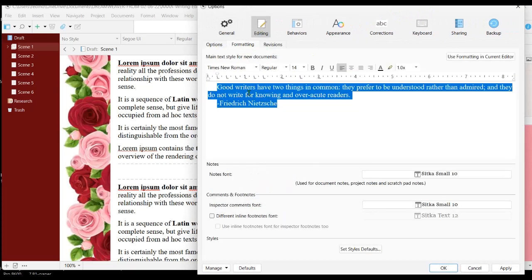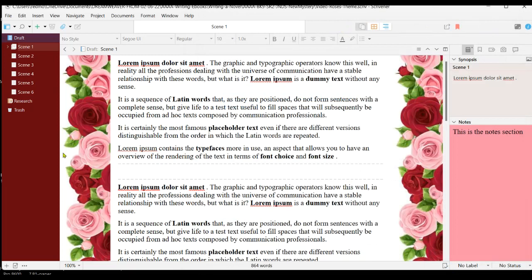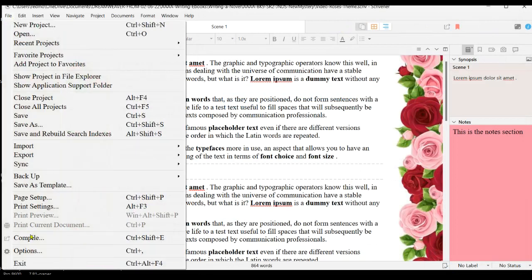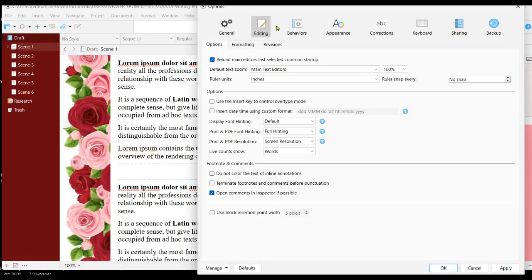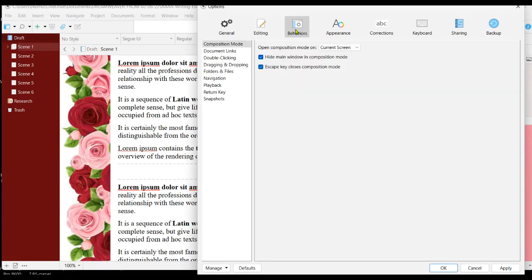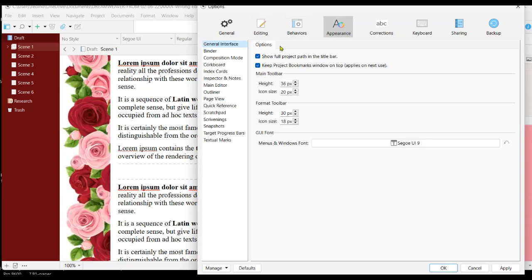And then every single window that I go through, I change this to the font that I want to use all the time, which is Times New Roman, regular 14. Okay, and then I apply it. And okay, and then I go through all the different option boxes. I do, let's see, the editing I do, and then there's not much to change on the behavior, so you can ignore all that. The appearance here,